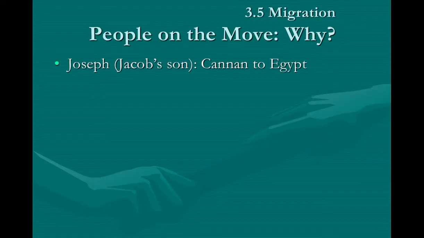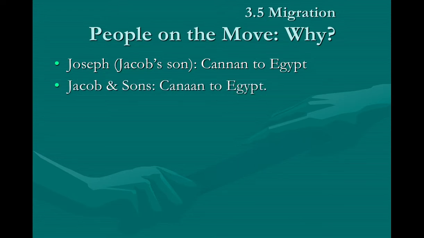There's some more in the Bible that you can read about. Joseph leaves Canaan and goes to Egypt. He is sold as a slave into Egypt. Jacob's sons, because there is a famine in Canaan, go to Egypt. And if you know the story of Joseph and the multicolored coat and how his brothers sold him into slavery, and then he was able to be used by God to actually save the land of Egypt from their famine.